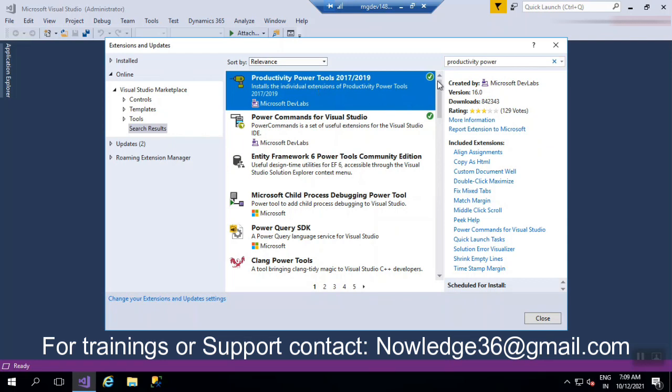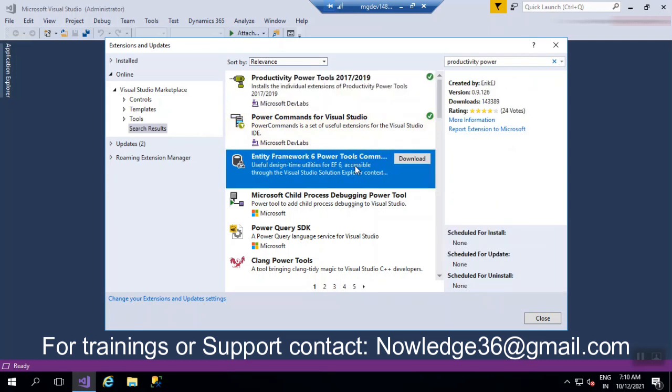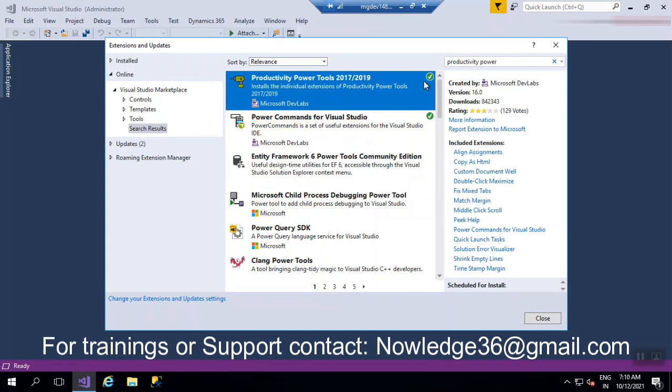Just click on it. I have already installed it, so that is the reason you see a tick mark here, meaning this extension is already installed, and I will not get an install button. If you click on another extension, for example this one, you'll get an install button like this, and you can directly download it. But here I will not get any option because I have already installed it. After installing it, what you have to do now is